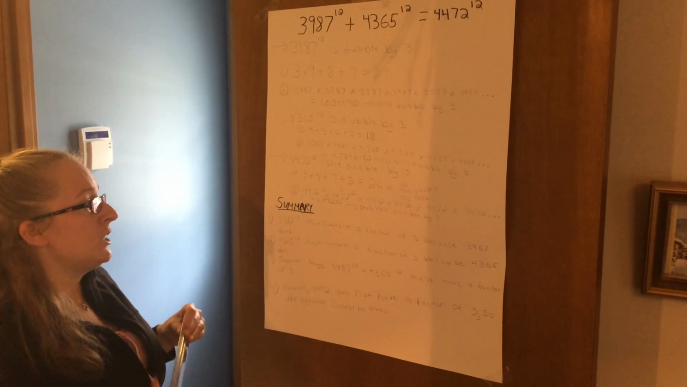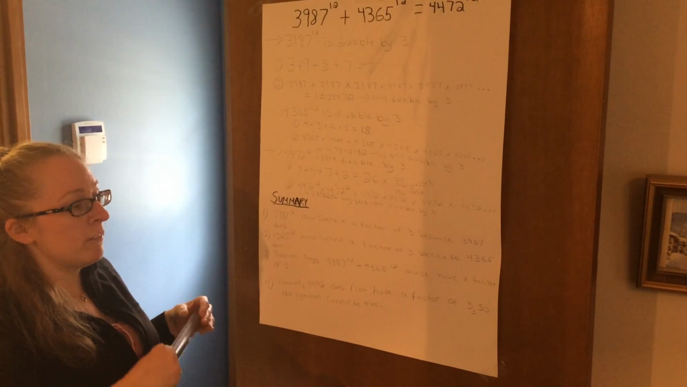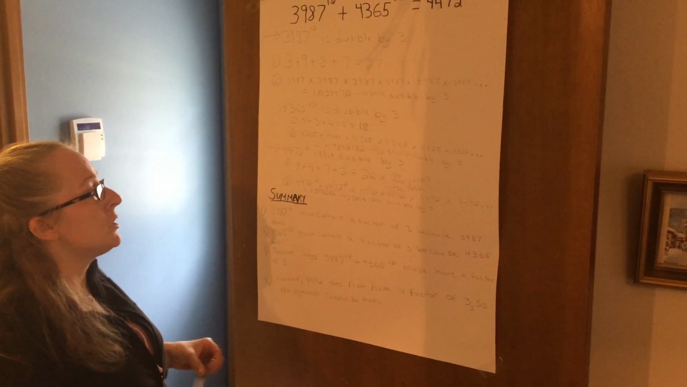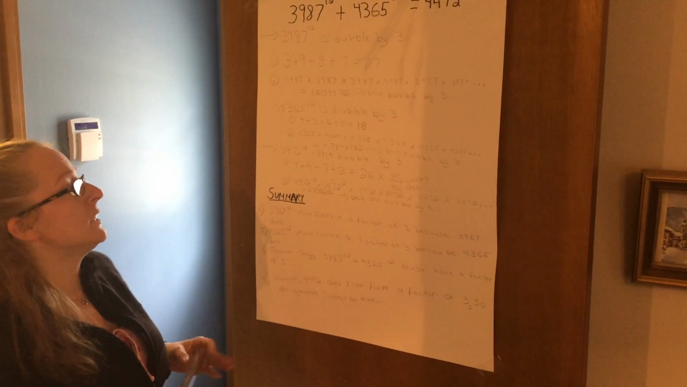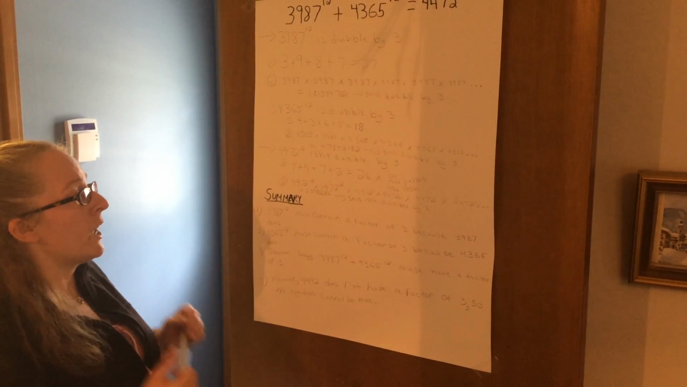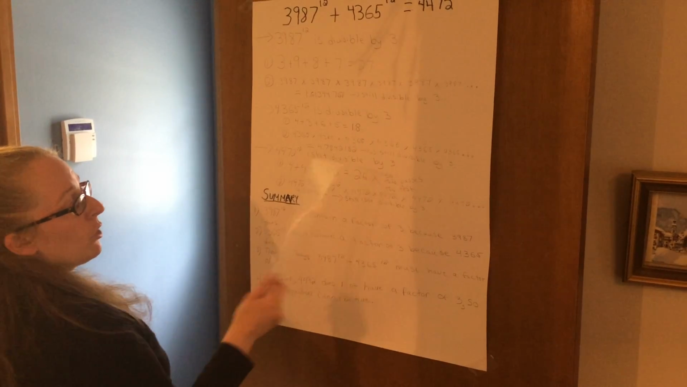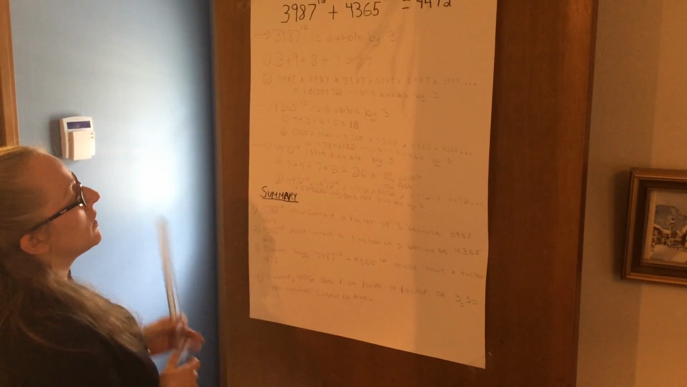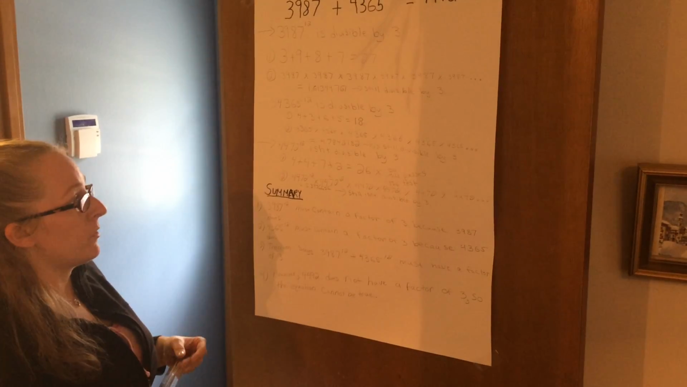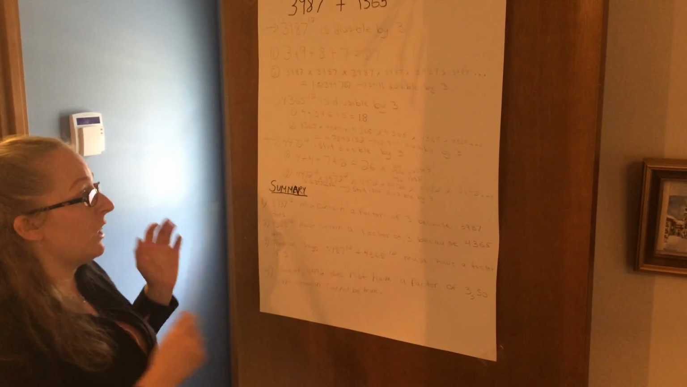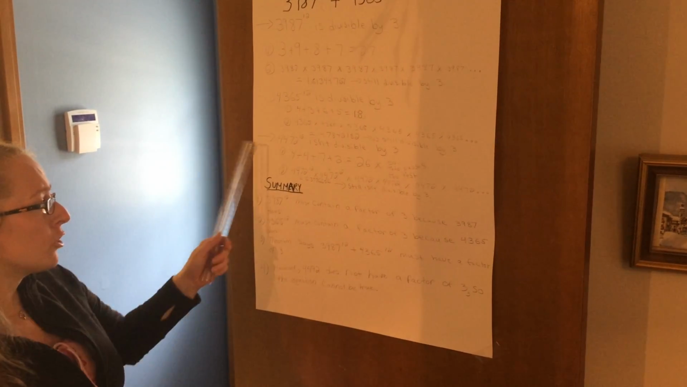Secondly, if we took 4,365 and multiplied it 12 times, we would get a number of 4.7842182, which we know is still divisible by 3. So we can prove that 4,365 to the power of 12 is divisible by 3. Thirdly,